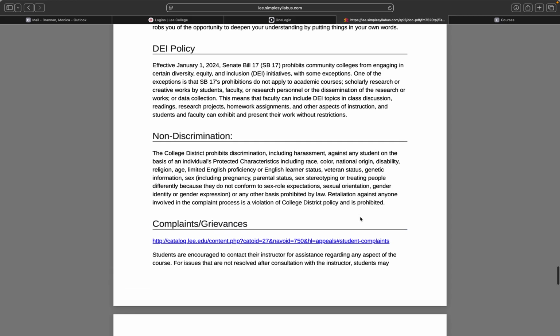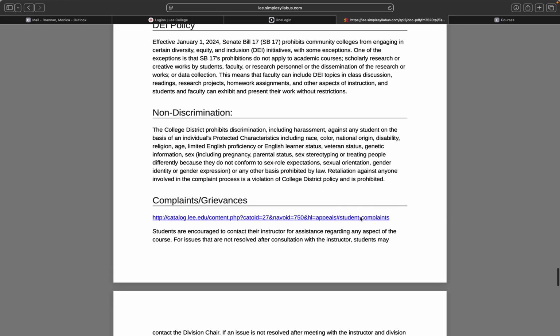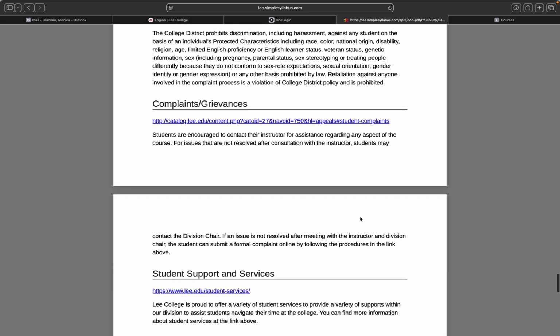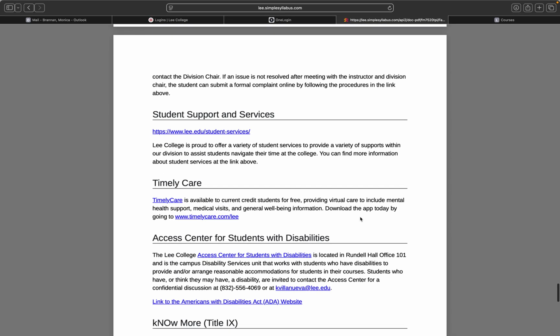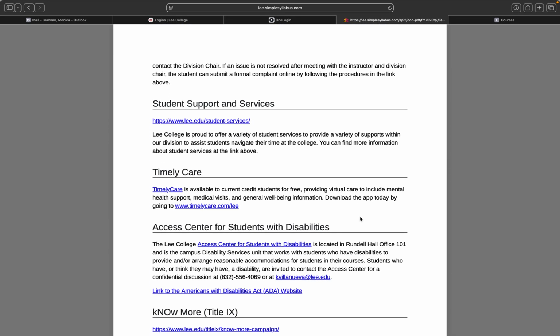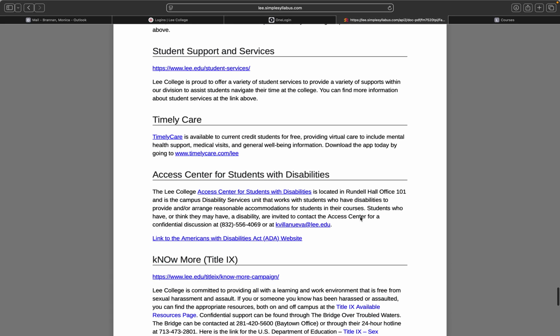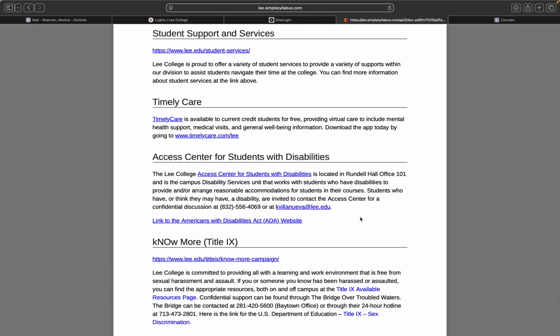Okay, then we go on to talk about the DEI policy, non-discrimination, complaints, grievances. These are required on the syllabus, where you can go for student support services, timely care, and that is actually virtual. There is also a link to timely care on your Blackboard.